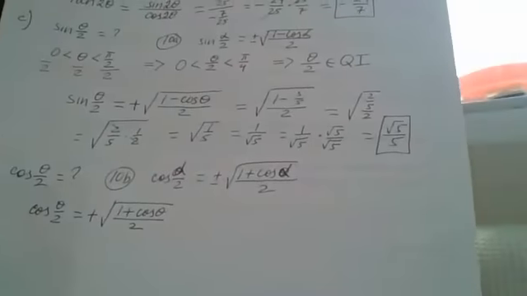alpha over 2. Instead of alpha, I have theta, and I know that my theta over 2 is from the first quadrant. This is why I'm going to adjust that formula, and I'm getting cosine of theta over 2 also equals to positive square root of 1 plus cosine theta over 2. I'm going to show this to you right now. This is what I wrote down.